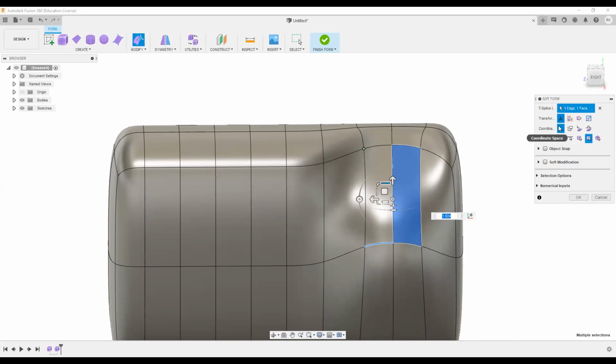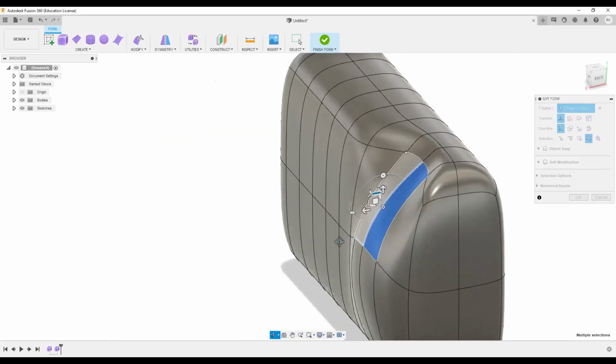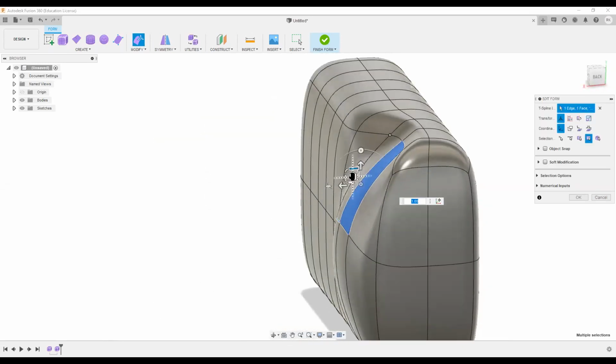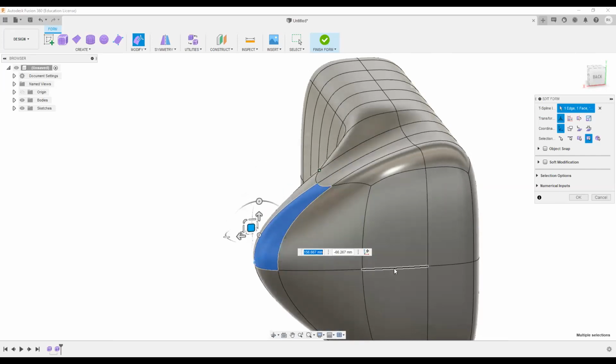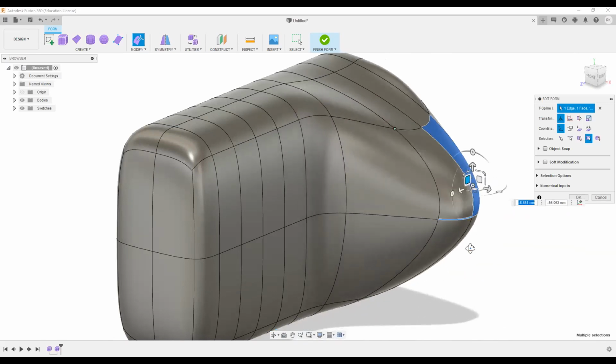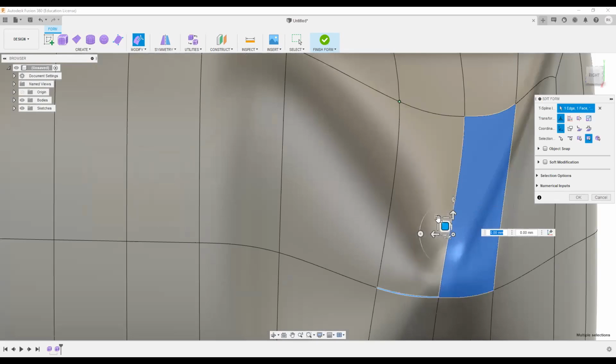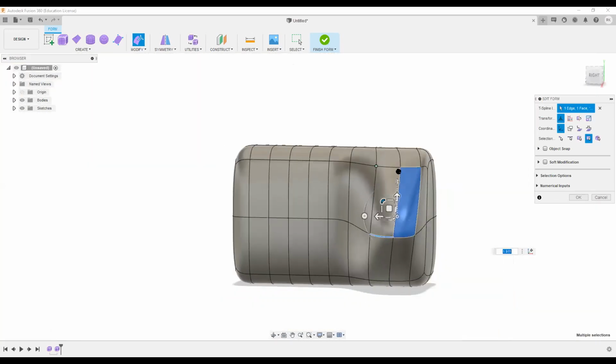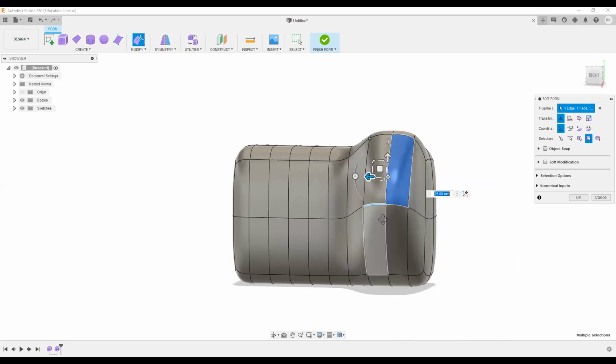Then there are options for coordinates also. There's view space, then selection space, and then local per entity. I will not go into details of all of these, but there is an option for this also. For example, if I want a surface to change, I randomly pick it up and change it this way. I can choose it and tweak it any way I want. I can tweak it in the corners also. I can scale it. I can translate it in all directions.